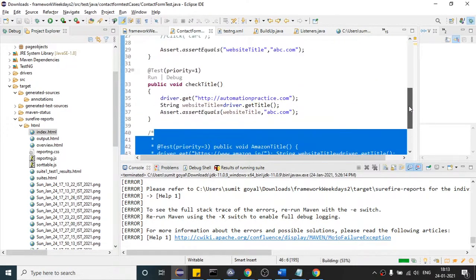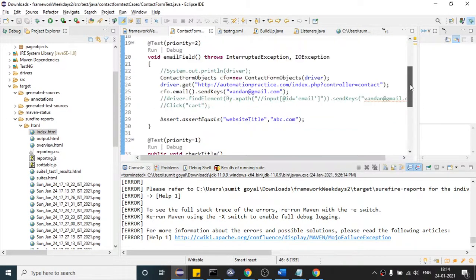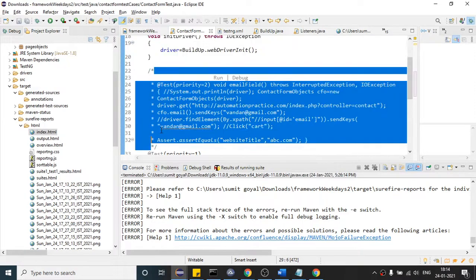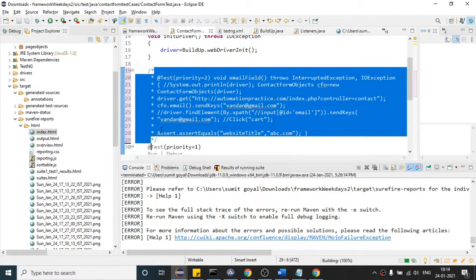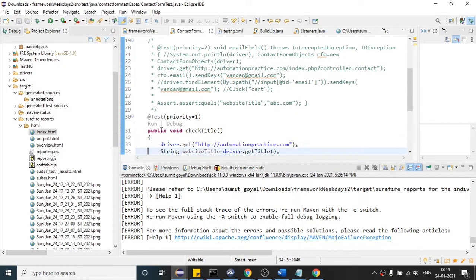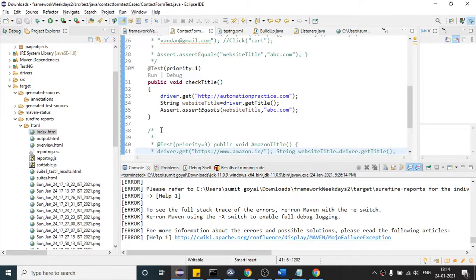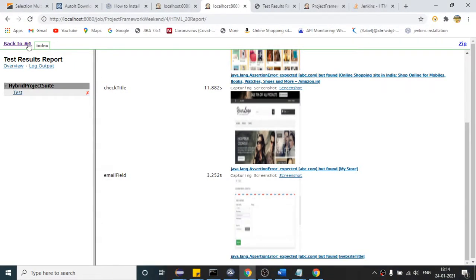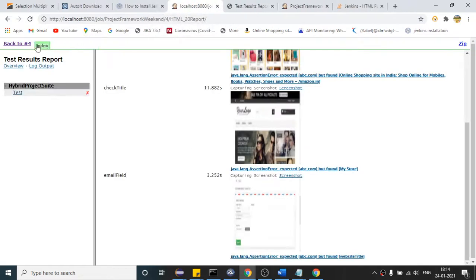I have commented this test case, and also if I comment this test case, control shift slash, right? So let us see whether we are going to get any updated report or not. So just change the code here. Let me close this, come to 1,